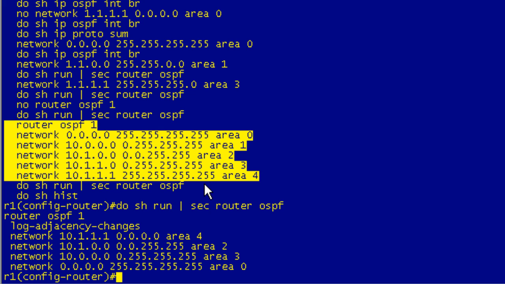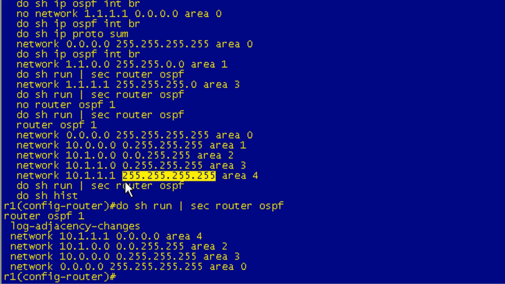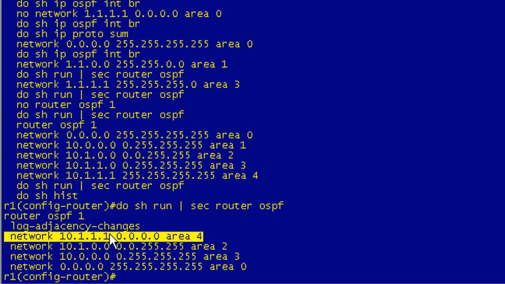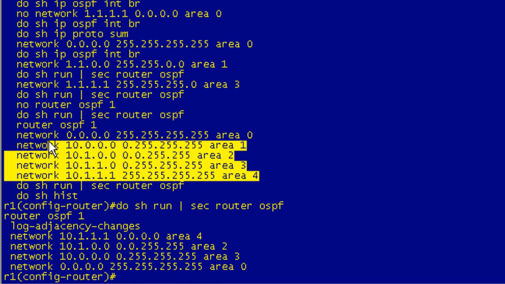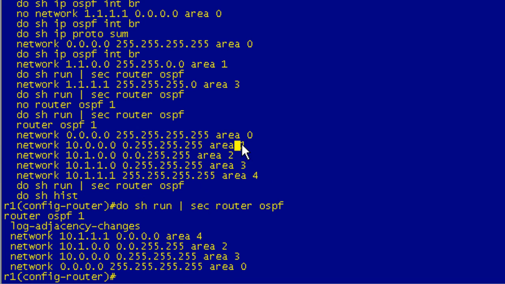And that's going to actually show up in this last statement here, where I'm saying, okay, network 10.1.1.1, quad 255s. As we saw in the slides, in a world that is dictated by the logical operand OR, this would match everything. Here IOS is saying, oh wait, this wildcard mask that you gave me starts with a 1 because the first octet's 255, so it's all 1s. I'm going to go ahead and convert that. So here you can see that it changed from 10.1.1.1 with quad 255s to 10.1.1.1 quad 0s, which means that it will only match on that specific interface. And you can see here that we have 4 statements rather than 5,